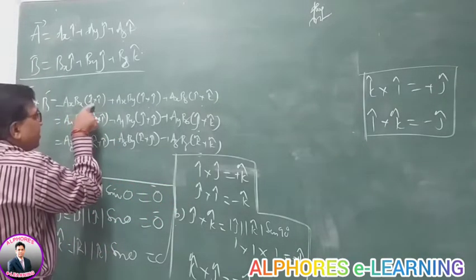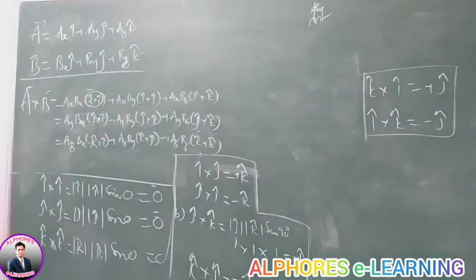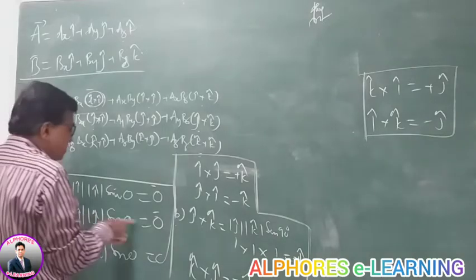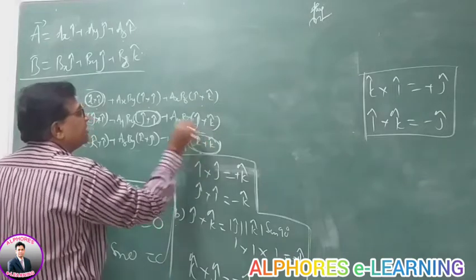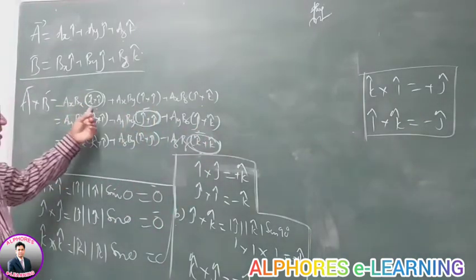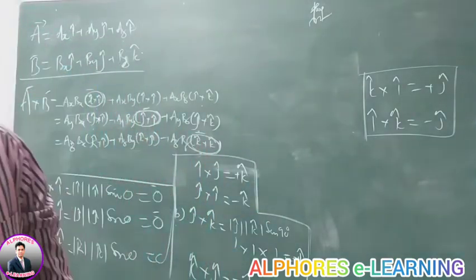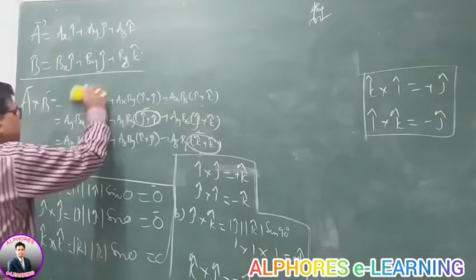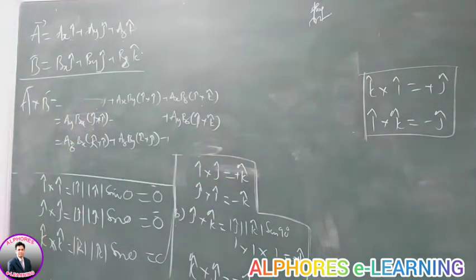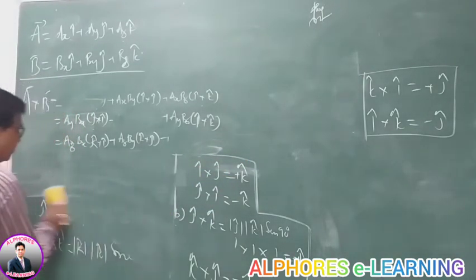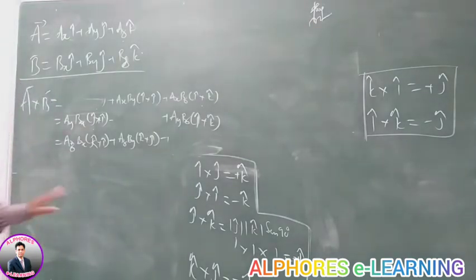In the first term it is i cross i. I have already got i cross i as 0, so this is the 0 vector. Similarly j cross j is 0, and k cross k is also 0. Well, these are 0 vectors, and whenever you add a 0 vector to any vector there is no change in the vector, so you can forget those terms. They are of no use, not required. So usage of these identities is over.